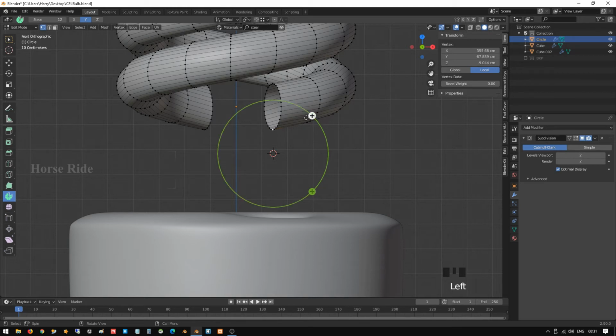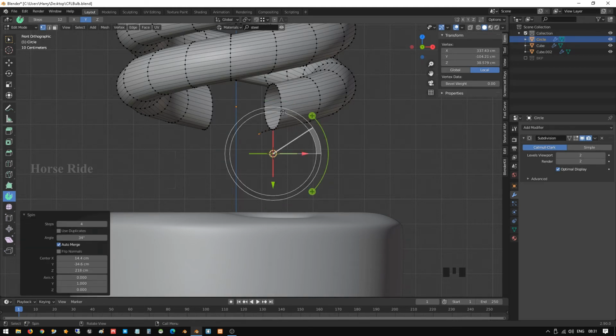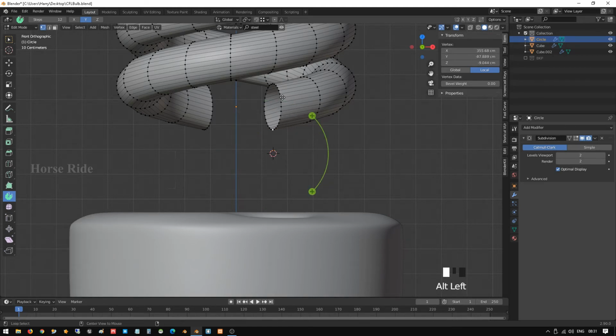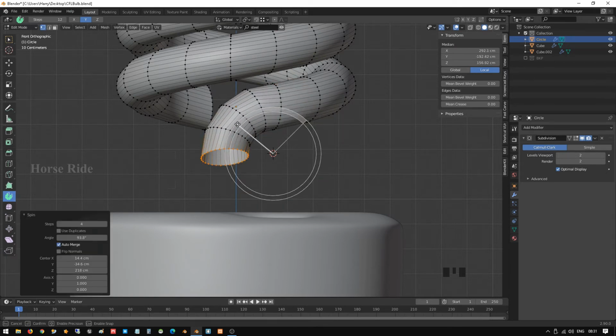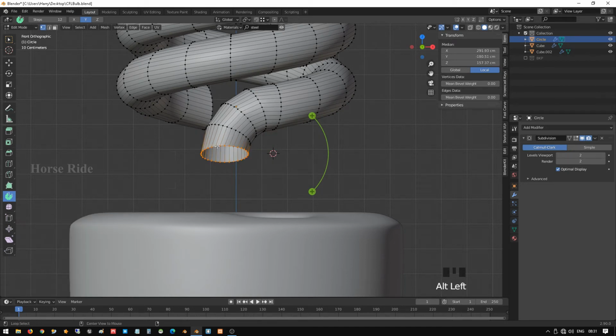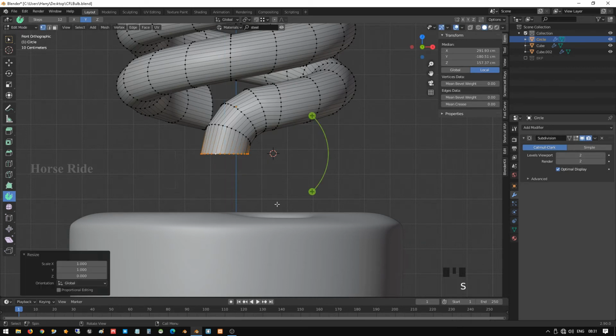Select these vertices and move it to 90 degrees, enter. Select these vertices, scale Z 0, and E to extrude and Z.